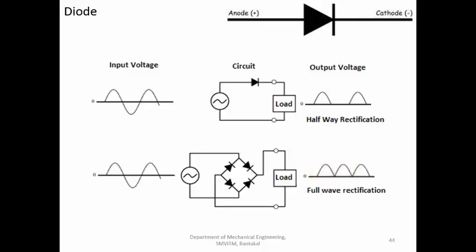So a diode can be used in a circuit to ensure that the motor is not reversing. In a DC motor, if you change the polarity of the supply, the motor is going to reverse. For example, you have connected the battery in the opposite direction. Then the motor should not rotate, because the reverse rotation may create some damage. If there is a case like that, you don't want the motor to rotate in the opposite direction.